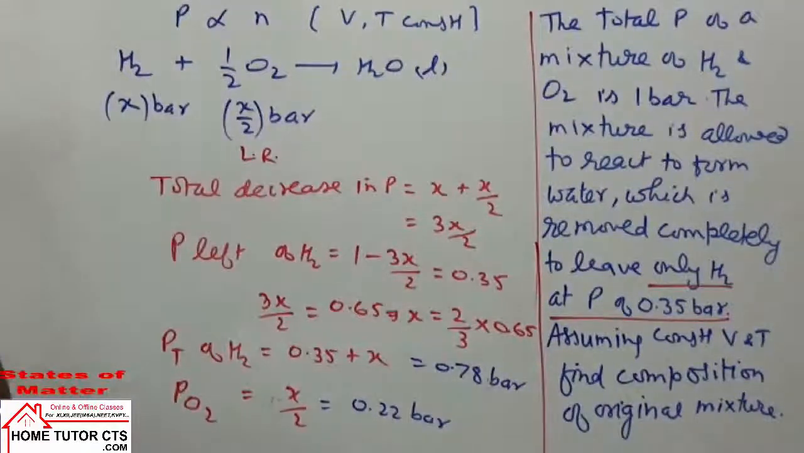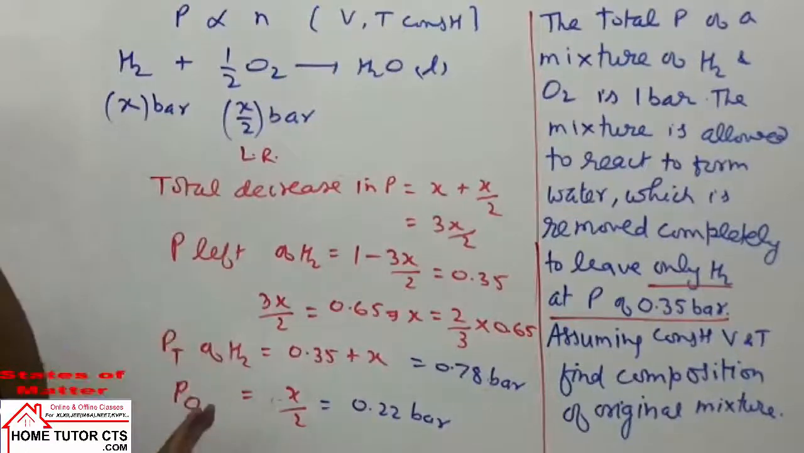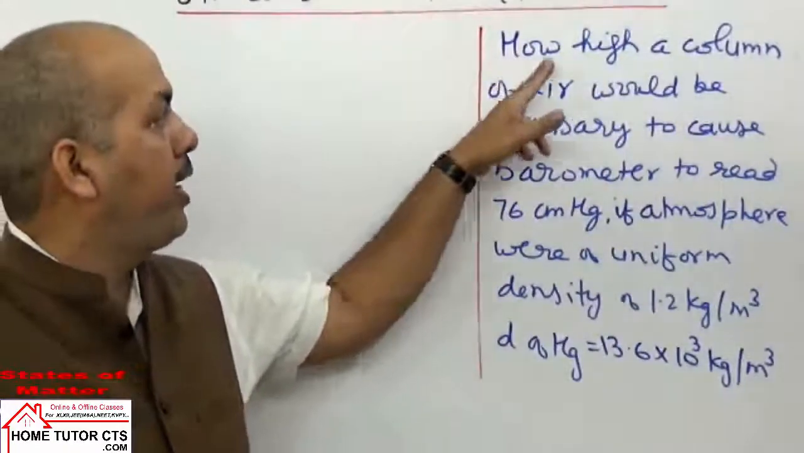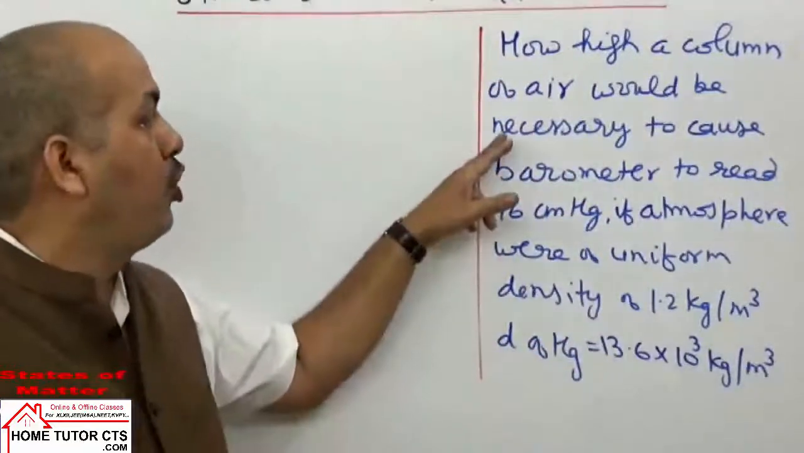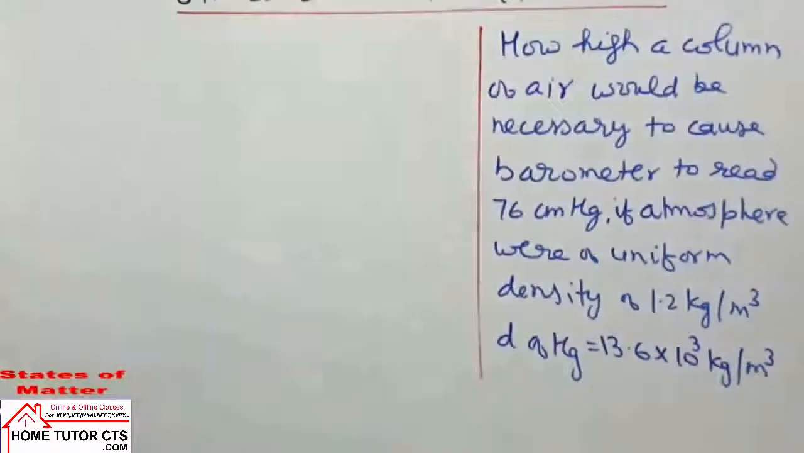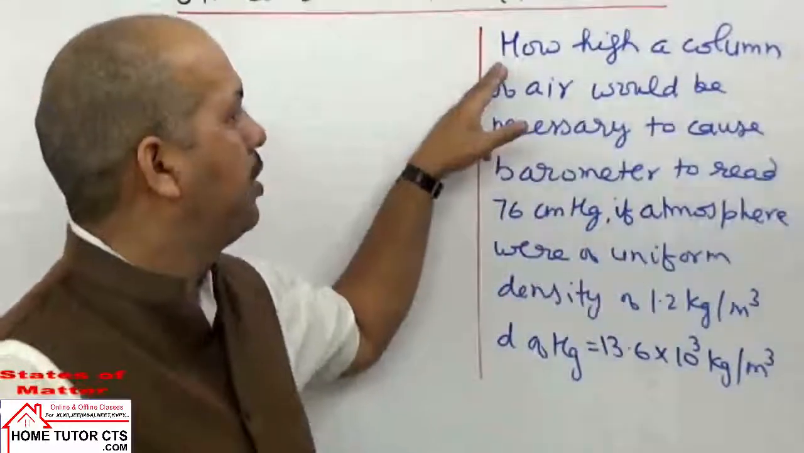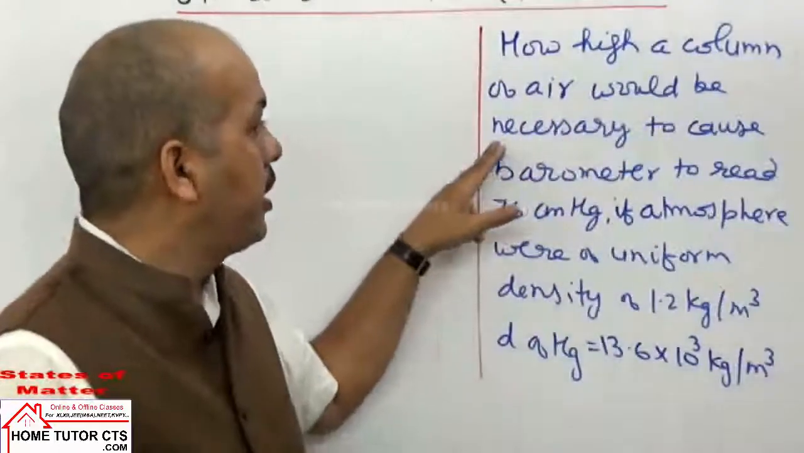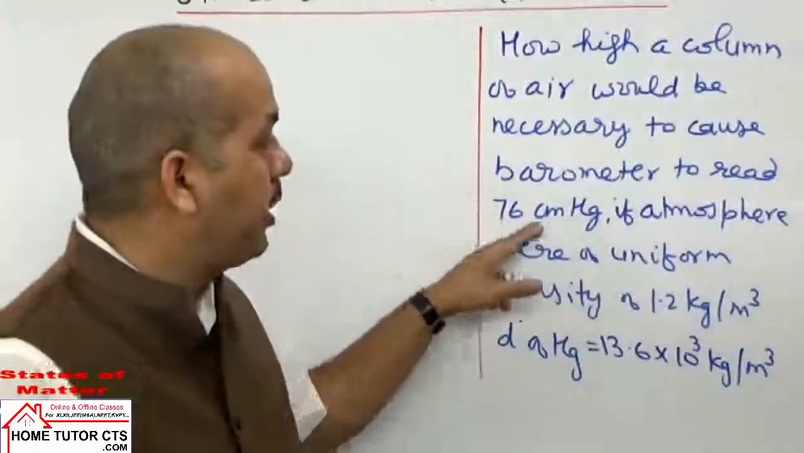So for a gas, pressure is proportional to number of moles. That is the point we used in solving this question. Now let us take the next question. Write the next question. How high a column of air would be necessary to cause the barometer to read 76 centimeter of mercury